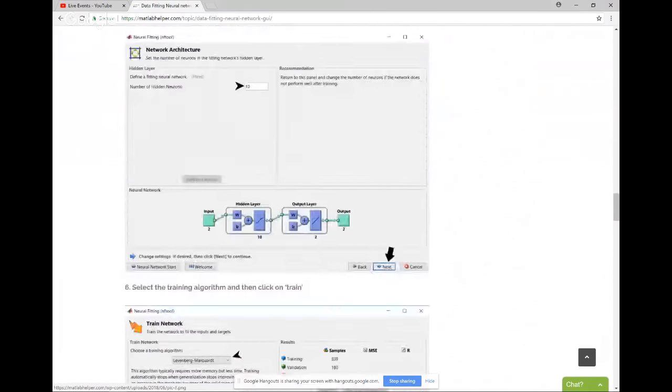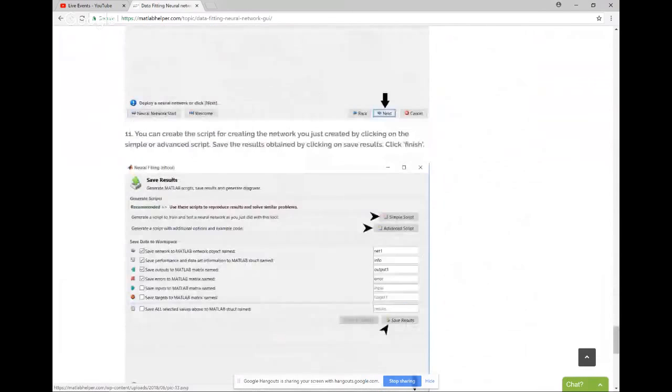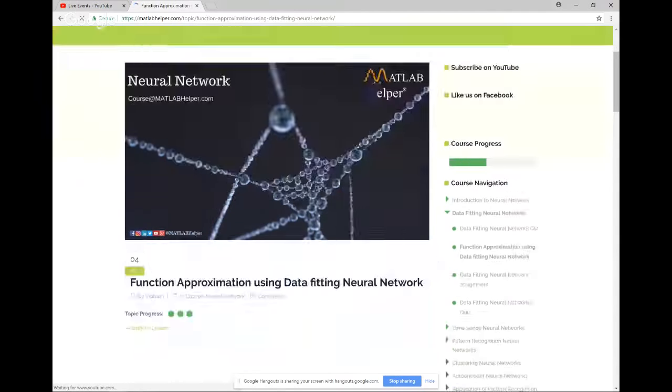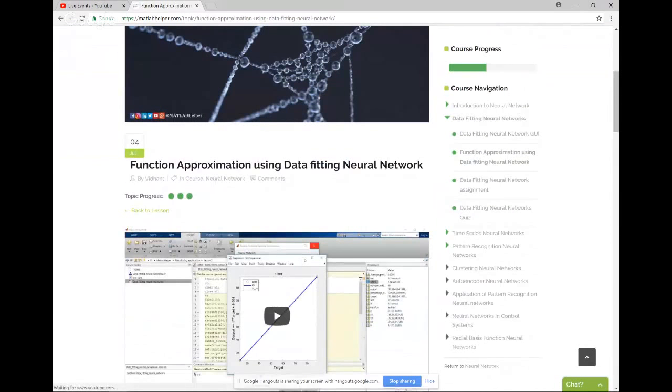You can navigate through the entire course, complete the course, and earn a certificate for yourself. Once you complete all the lessons and topics, we also have assignments and quizzes at the end of every topic. Once you complete all those things, you can earn a certificate on neural networks from MATLAB Helper.